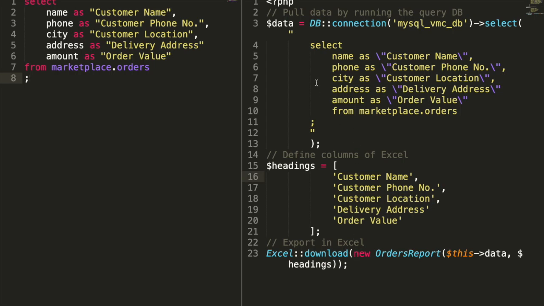Okay, so here the query is used at two places. One is, of course, the query is embedded in the code where data is pulled. Second part, the columns of the Excel file are defined, which are derived from the alias names of each column in the query. Okay, so you don't need to do this manually, all the changes.